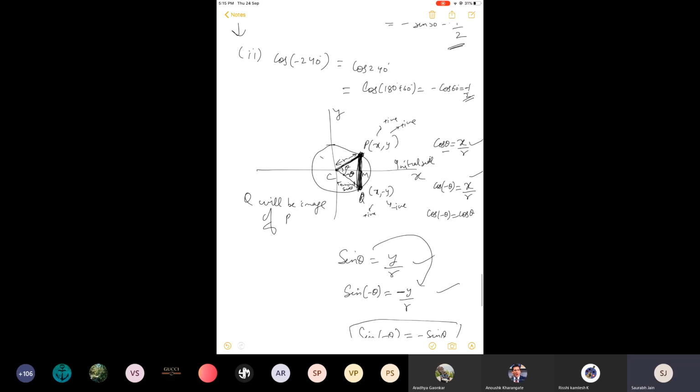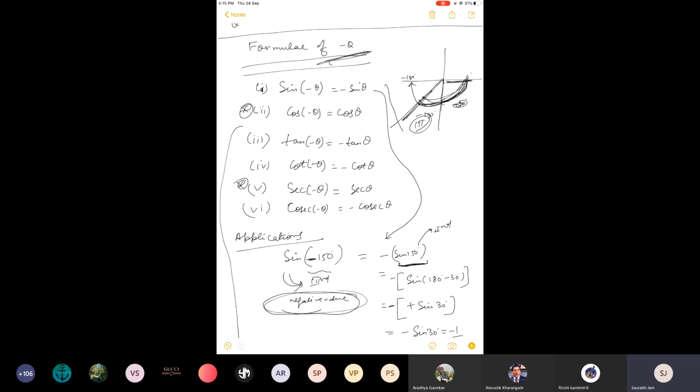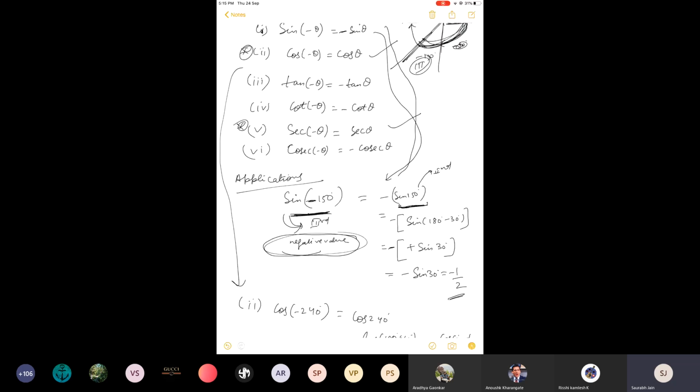Okay, so let's come back. This concept is very simple. Even if you don't understand the proof, just remember one basic thing: in cos and its reciprocal, the minus is absorbed, and in the remaining four formulae the minus comes in front. And the advantage is that if we are not able to find values of terms which contain negative angles, then these formulae will help us change them into angles in the anti-clockwise sense, and then using reduction formulae we'll be able to find their values. So that is the main purpose.